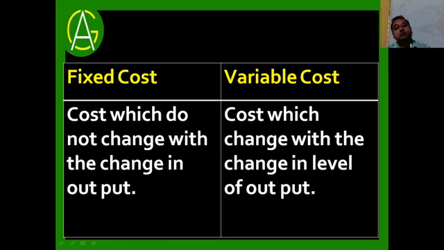If you manufacture 0 units, at 0 units of output, the cost will be 0 because no material will be required. So the cost increases when the production has increased, the cost decreases when the production has decreased, and the cost has become 0 when the production has become 0. This kind of cost will be considered as variable cost. So fixed cost remains fixed at any level of output, whereas variable cost has a positive relationship with production. If production increases, cost will increase. If production decreases, cost will decrease. So that's all for